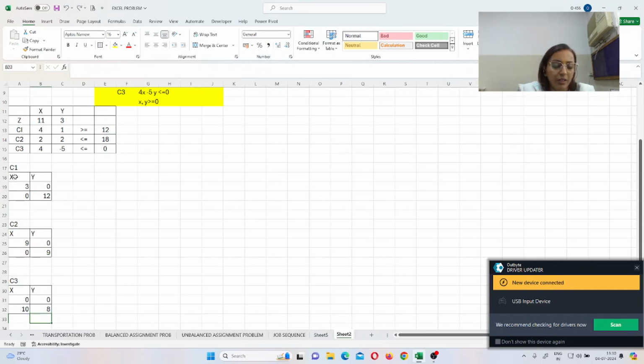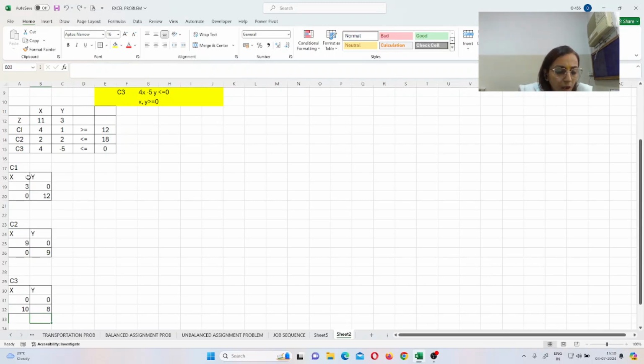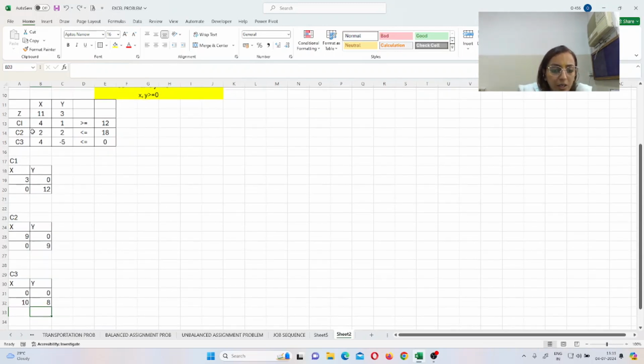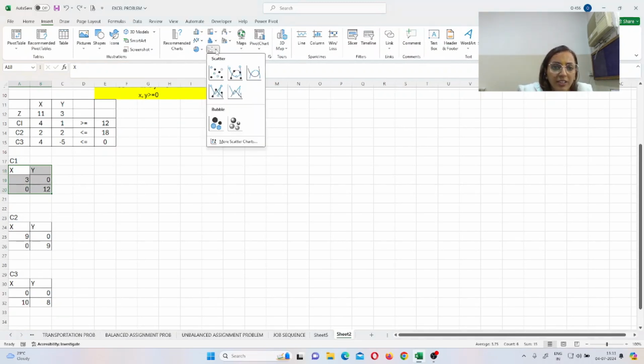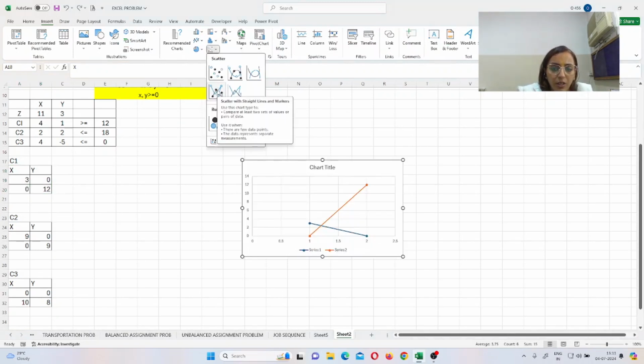Like the data over here, say for example I'm taking the data of C1 first of all. Putting all these values on the graph paper is also possible. But now I'm not using the graph paper, I'm directly going into Excel and using my graph in this. So my first one is to get C1. Before that you should select the data. Like this one is my C1, select it, go in the charts, this one.